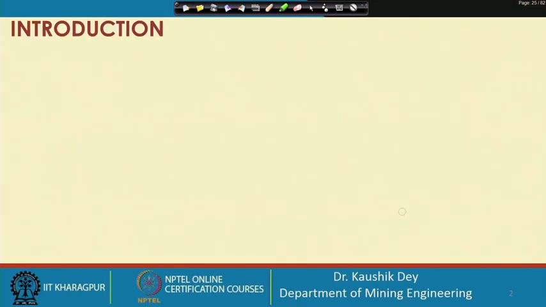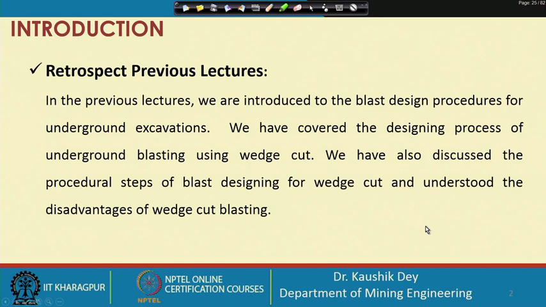We are continuing our techniques of underground blasting from the last class, where we discussed the underground blast design and were introduced to the different terminology of underground blasting. You have seen that in underground blasting there is a single free face, and it is essentially required to create another free face. The process where another free face is created is called the cut area, and the underground blast design is mainly guided by designing the cut area.